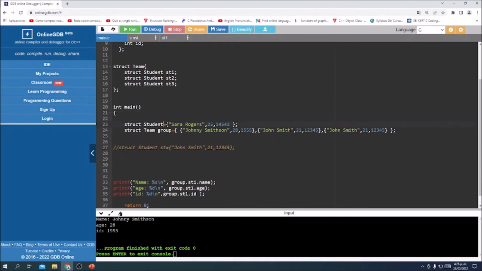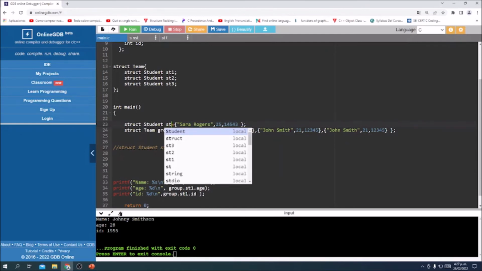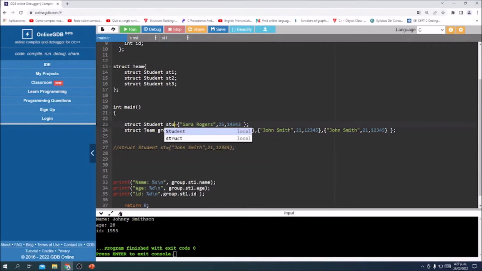Oh, sorry, I missed the name. So let's say, I don't know, stu, whatever. So this is the name, and now I can replace this one here with just simply dot